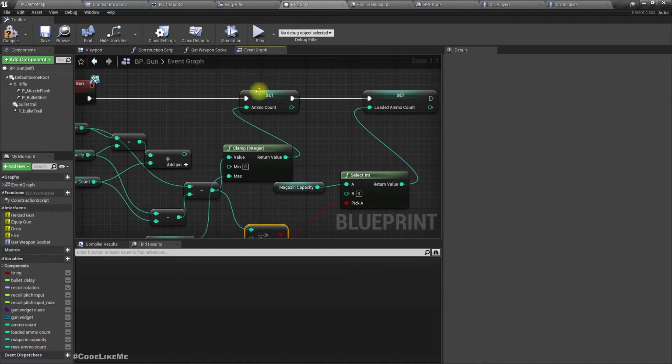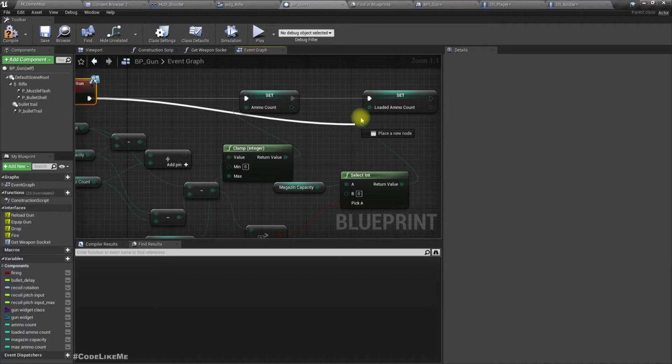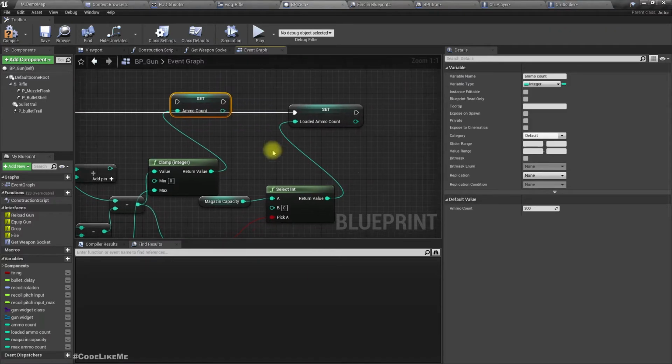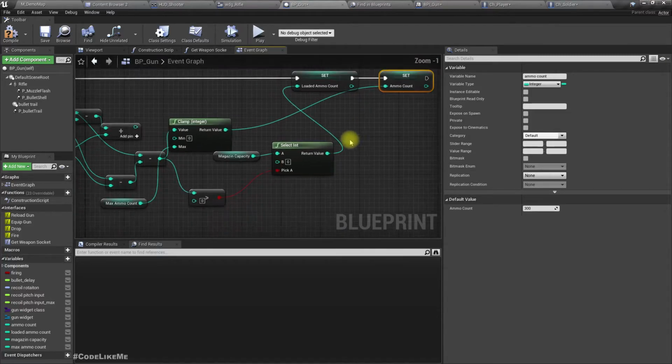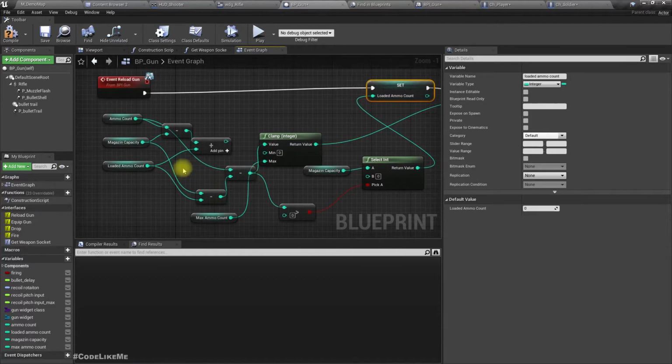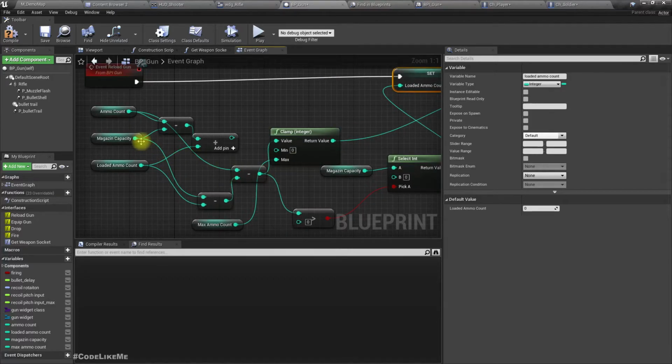Otherwise, we should first set the loaded ammo count before setting the ammo count, otherwise our calculation can go wrong. Otherwise what we can have is whatever left in the ammo count